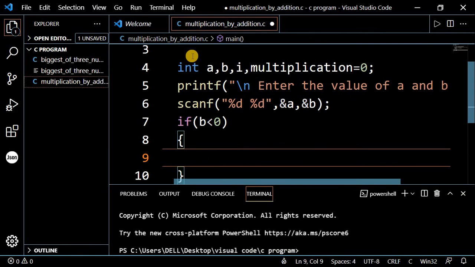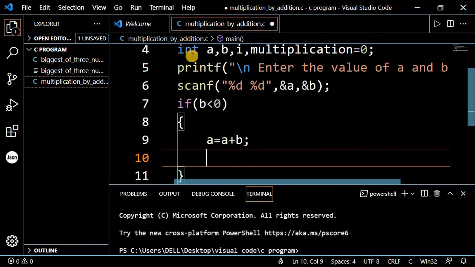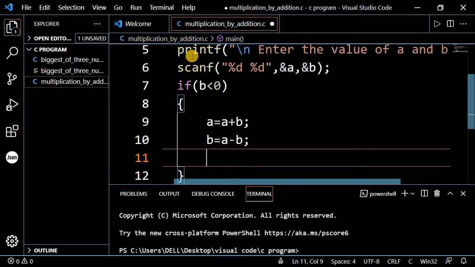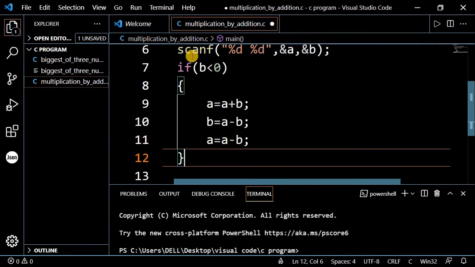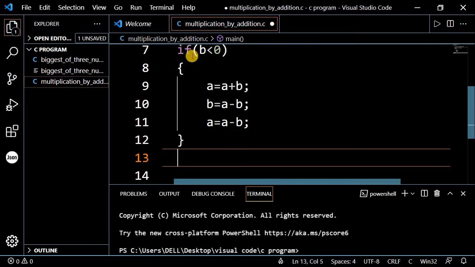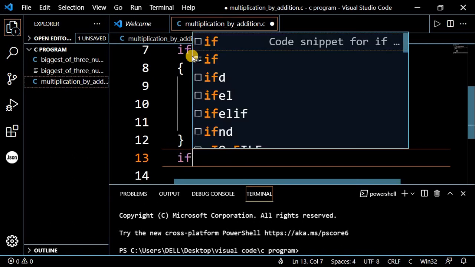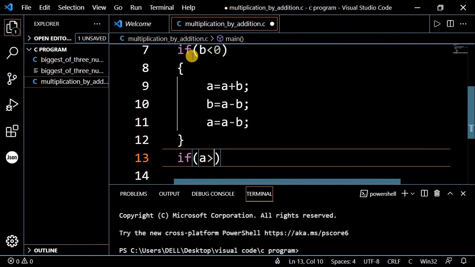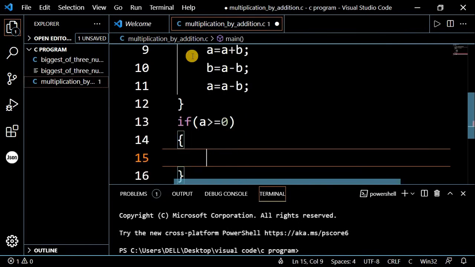Now we will use the condition if the value of b is less than 0, then in the curly braces we will write here a = a + b and b = a - b, and again a = a - b, and we'll come out of the curly braces and we'll check the next condition, which is if a is greater than or equal to 0, and inside the curly braces